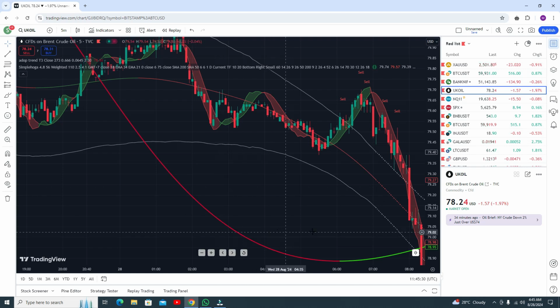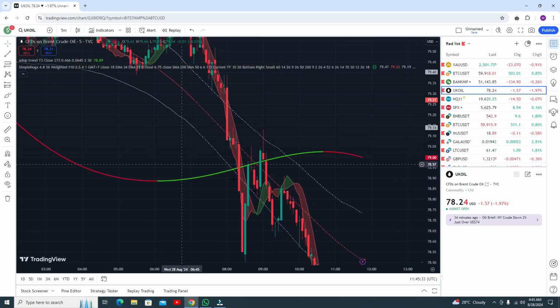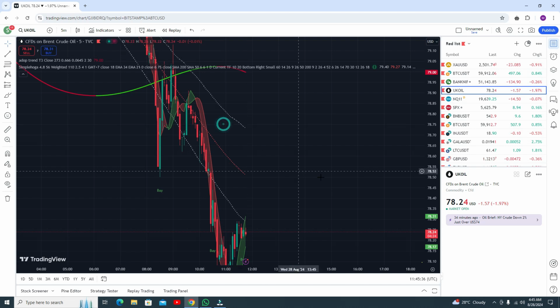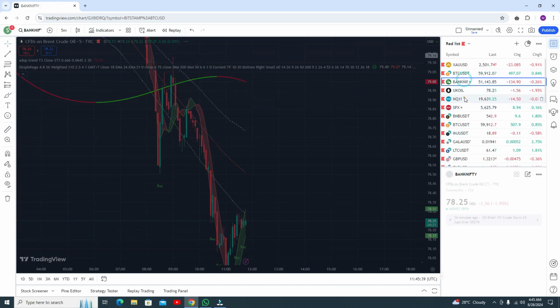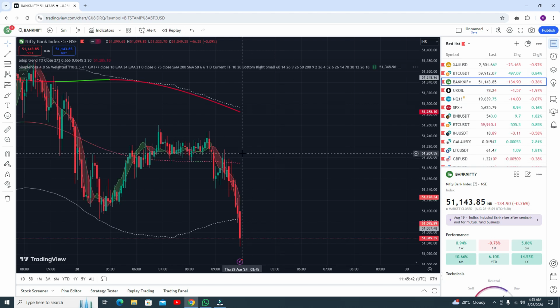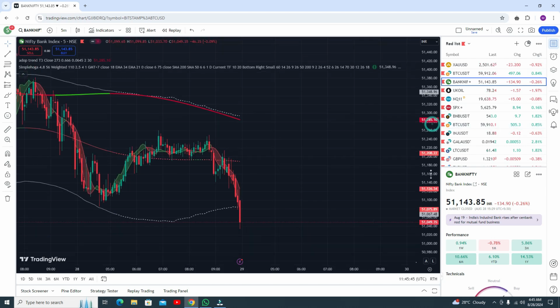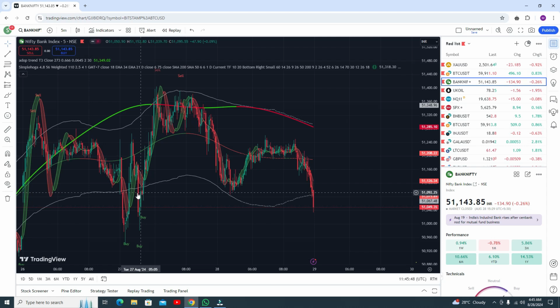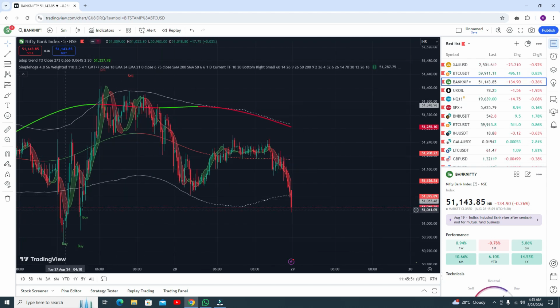Okay, there are no more results here, no signals so far, and you can see there is no signal so far in Bank Nifty. Okay, from this point you did not get the signal so far, but from this point, if you go for the buy trade, this is not your buy trade. Okay, why? Because the adopter line is upside from the upper band line, so you can go for the sell trade from this point. Okay, because the adopter line is red, so you can go for the sell trade, and you need to exit your trade from this point. Okay, from this point you need to exit your trade because the adopter line changes color.